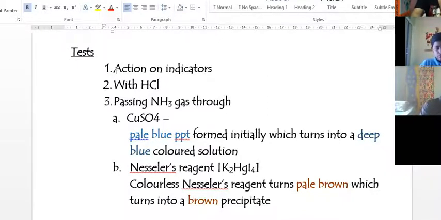Okay, that was the first test for ammonia. The second test is with HCl. This test we have studied in the chapter HCl. In that case, we have done the test with ammonia or ammonium hydroxide. That is, we take a glass rod, we dip the glass rod in ammonium hydroxide solution, and we show it on a tube which contains HCl gas, so you can see dense white fumes. Same over here. In this case, we are identifying ammonia gas.